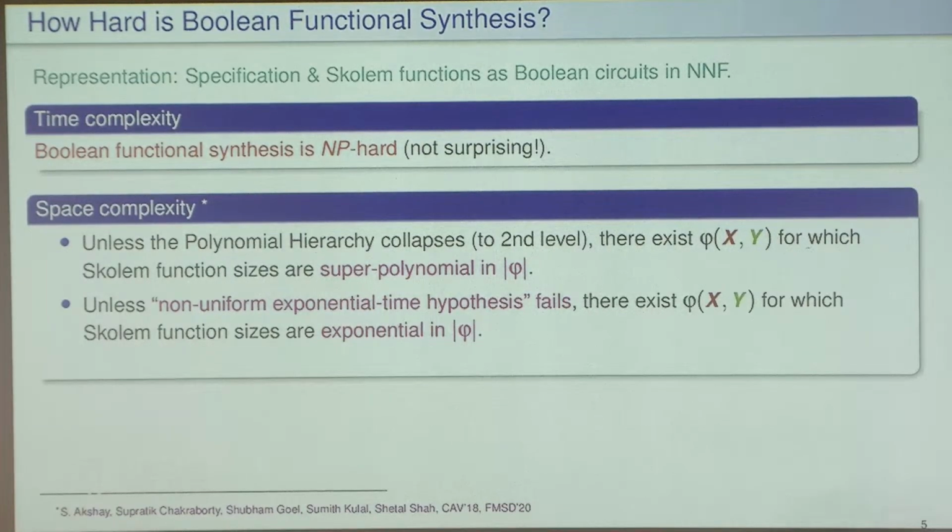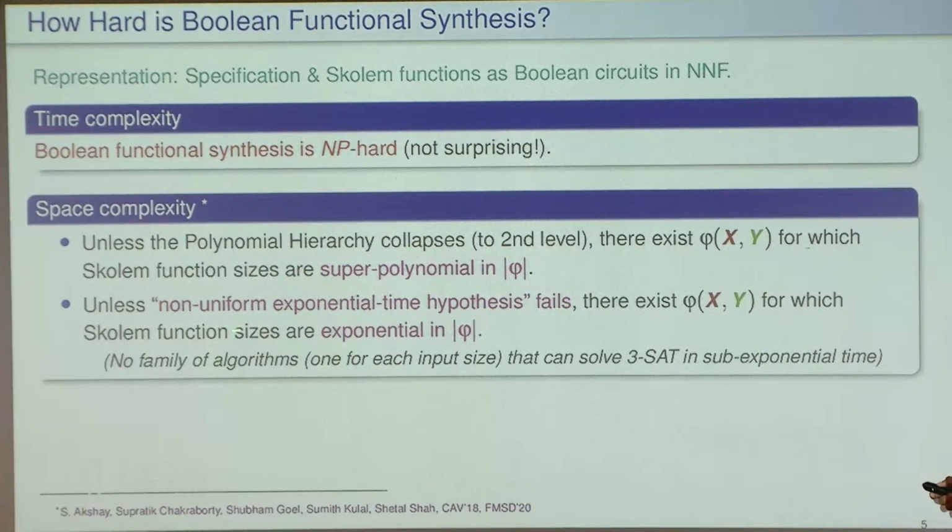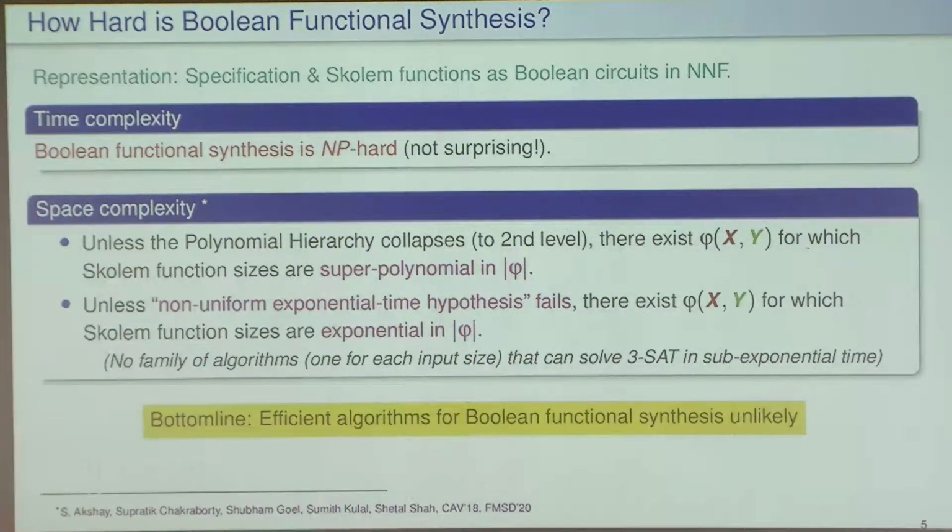Non-uniform just means that there's no family of algorithms, one for each input size, which can solve 3-SAT in sub-exponential time. So under this hypothesis, we cannot expect better than worst-case exponential time algorithms. So really the bottom line is that it's not only difficult in practice in building tools, but there is theoretical